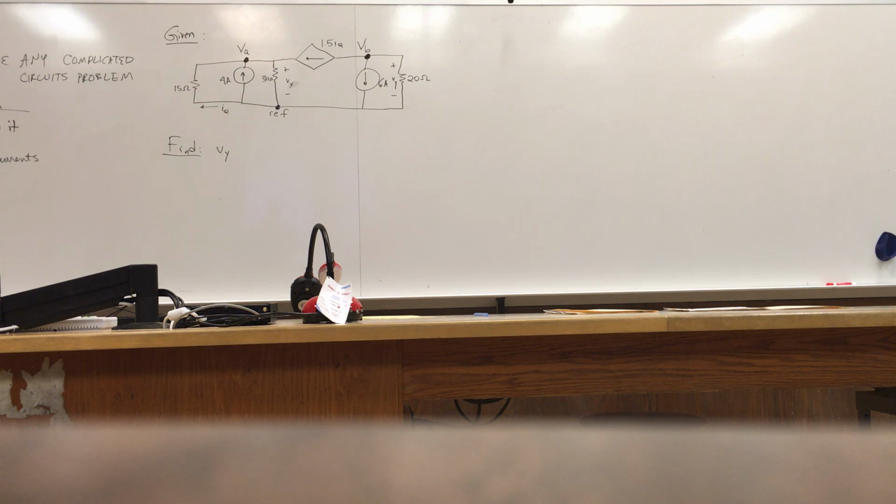Dependent. Okay, this is what you have to do for any dependent source. You have to write the controlling quantity in terms of, in this case, node voltages, in this case, mesh currents. So write the controlling